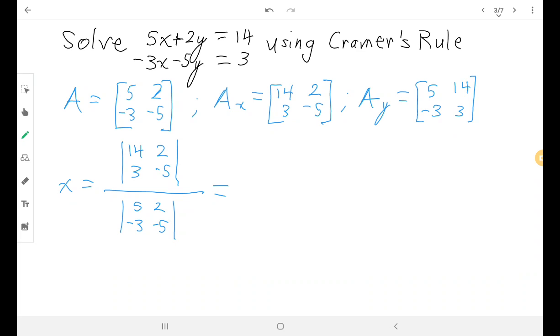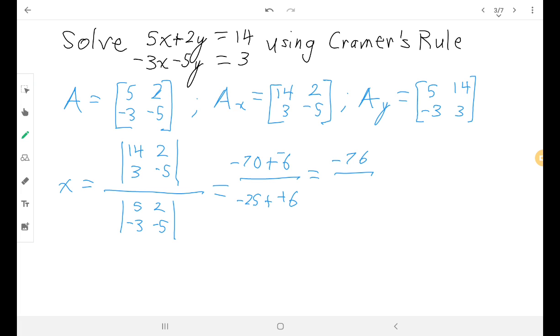So then that would be, let's see, wow, a big number. 14 times -5 is -50 plus 20 is -70, minus 2 times 3, which is 6, over 5 times -5, which is -25, minus 2 times -3, which is -6, so change that to the opposite. And so we've got -76